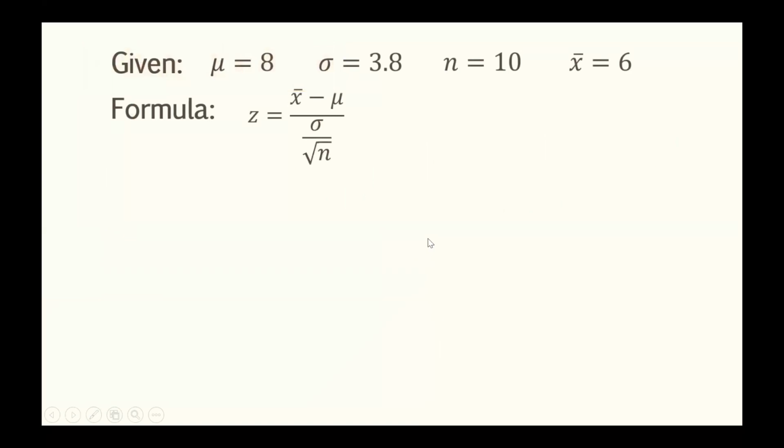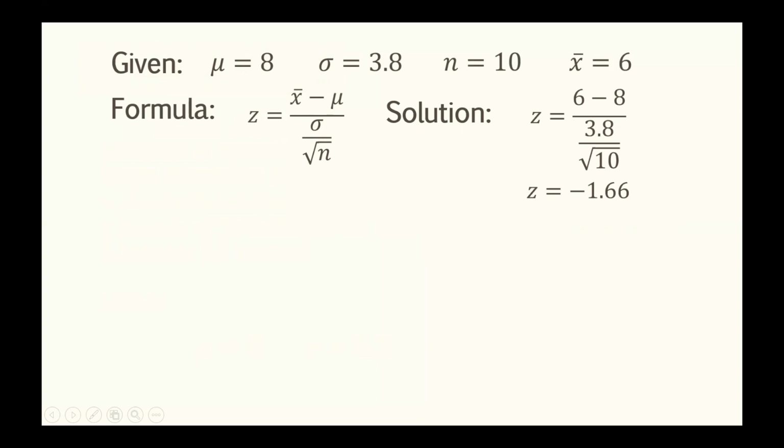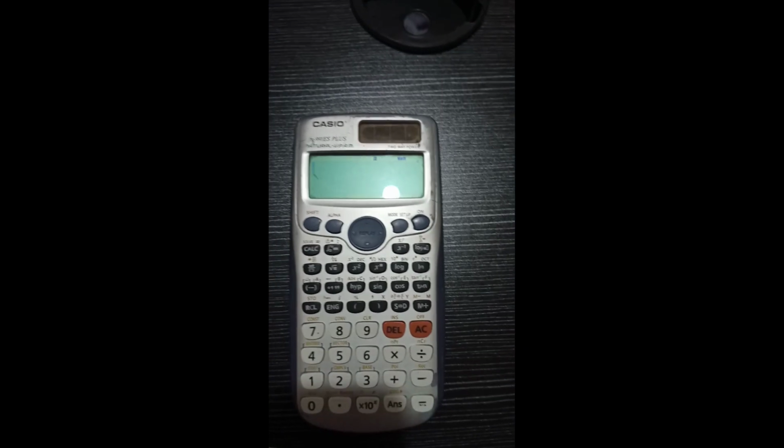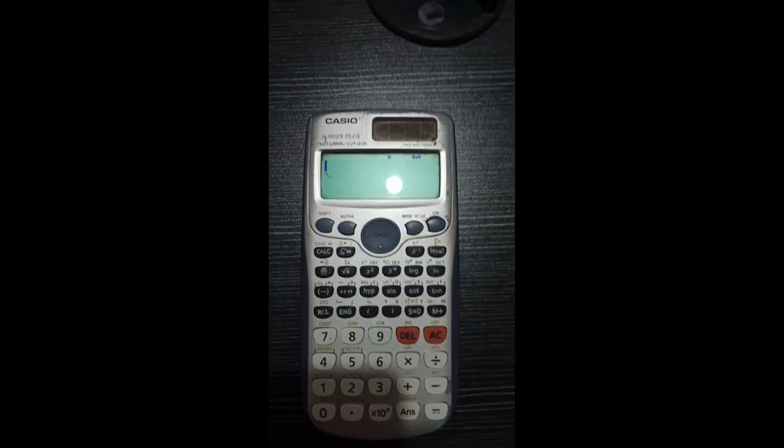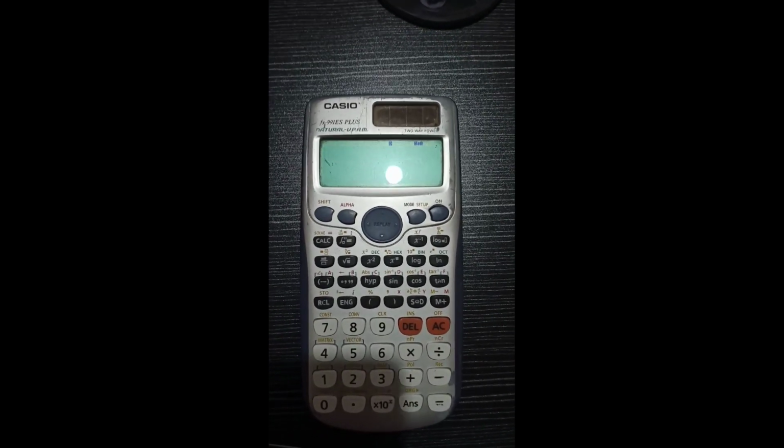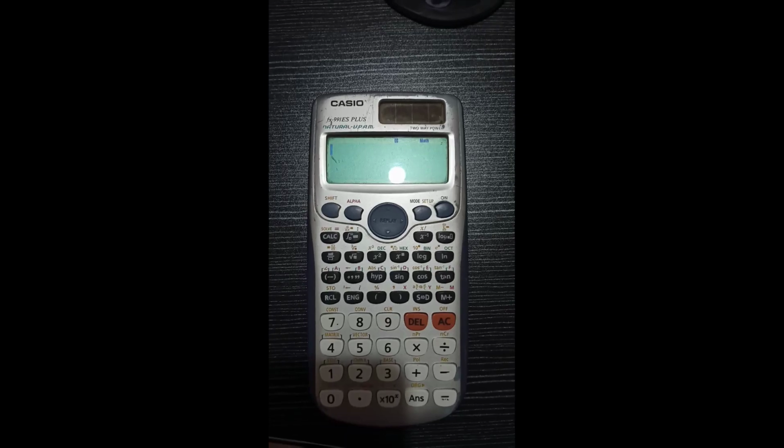Using the formula, we will be having here z is equal to 6 minus 8 all over 3.8 divided by the square root of 10. Using your scientific calculator, that would be equal to negative 1.66. Always remember that the z-score should be rounded off to 2 decimal places so that you can use correctly the standard normal table. In computing for the z-score in example number 1, applying the formula, kung makikita mo, yung formula